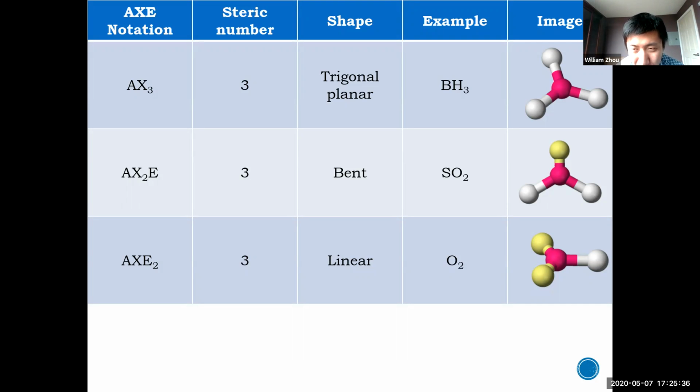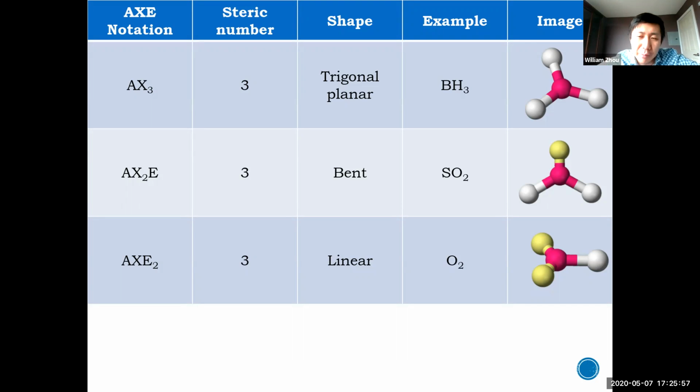The 2 lone pairs are not visible. You can only see the bonds between the atoms, so it looks bent to us. An example would be SO2. Remember we did the Lewis diagram for SO2 yesterday. Sulfur in the middle with 2 double bonds with 2 oxygens, and finally a lone pair on top,